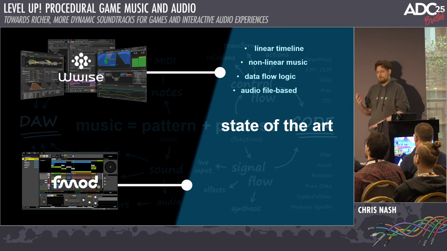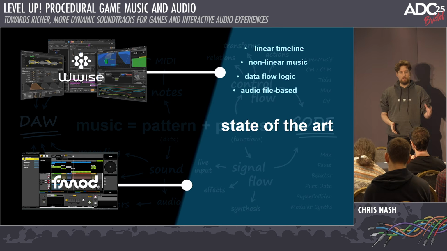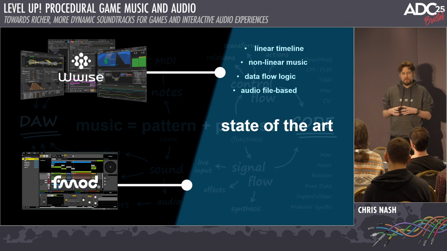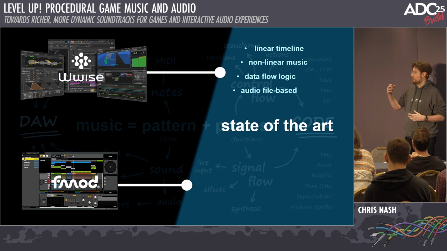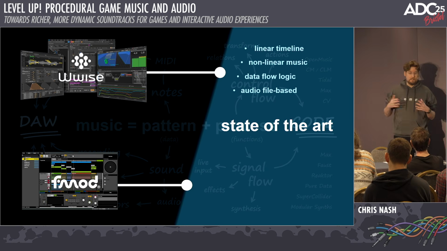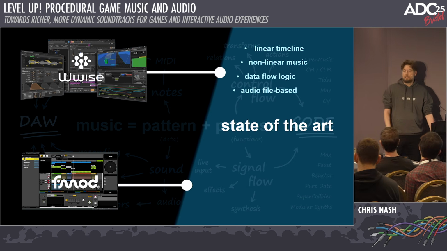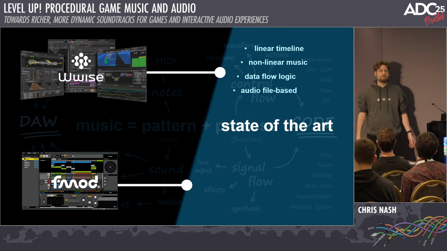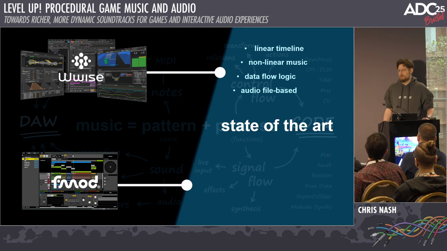There's a recent move towards having a bit more procedural generation, both on the audio and the music side, but we're still very heavily based on the assets in a game soundtrack being the audio file, okay? A frozen piece of music that is hard to edit. Saying, yeah, okay, I want to make that an octave higher, or I want to detune it, or I want to move it from major to minor. Oh, in that case, we have to make 100 different assets. And if you've done game audio in your room, you know that this is absolutely the worst part of the job and where everything goes hideously wrong.